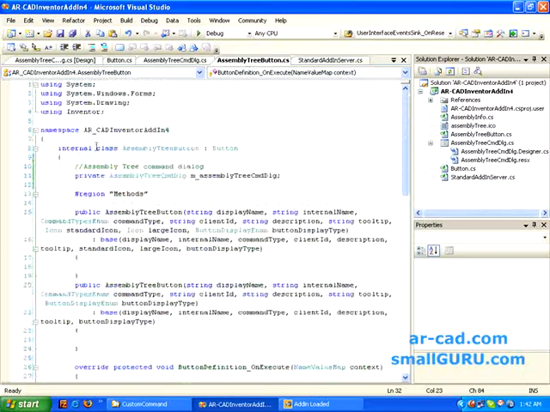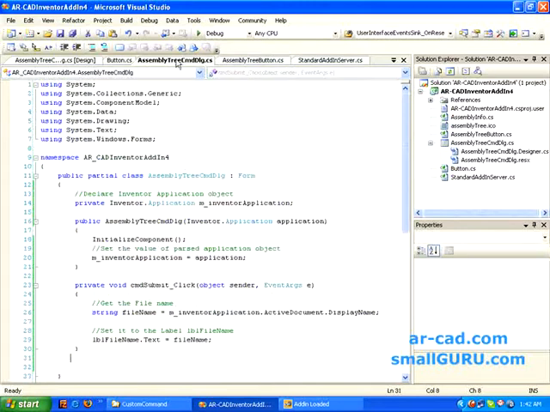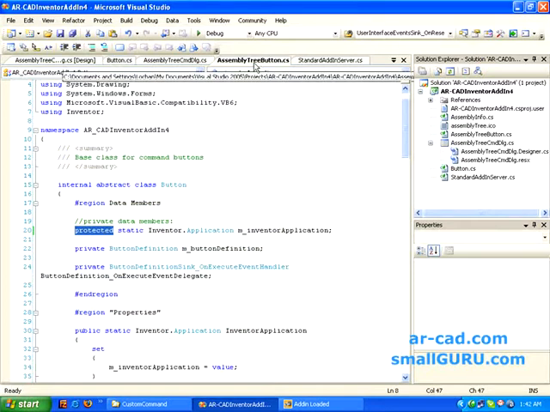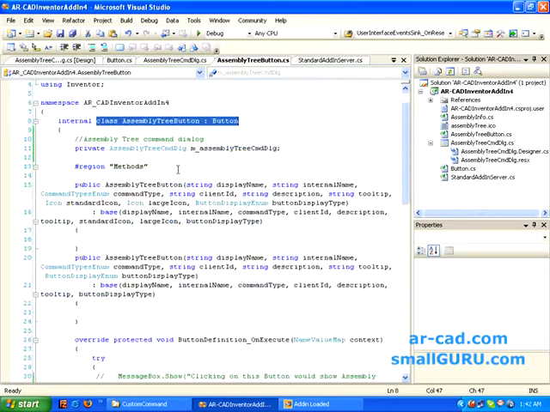This is the class definition we had given, so it implements button. That's why we need to change this private to protected. This is one change we need to do in button.cs, and after that we'll go to assembly tree button.cs. We add this declaration.